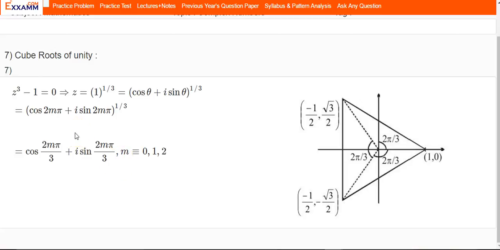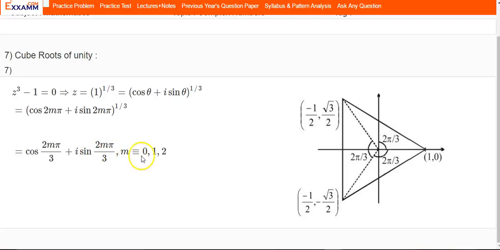We have already told you that we would be using de Moivre's theorem for calculating the roots of unity, be it the cube roots or nth roots of unity. That is where we normally use it. So if we expand this expression, then what do we get? We get cos 2mπ upon 3 plus i sin 2mπ upon 3, and for